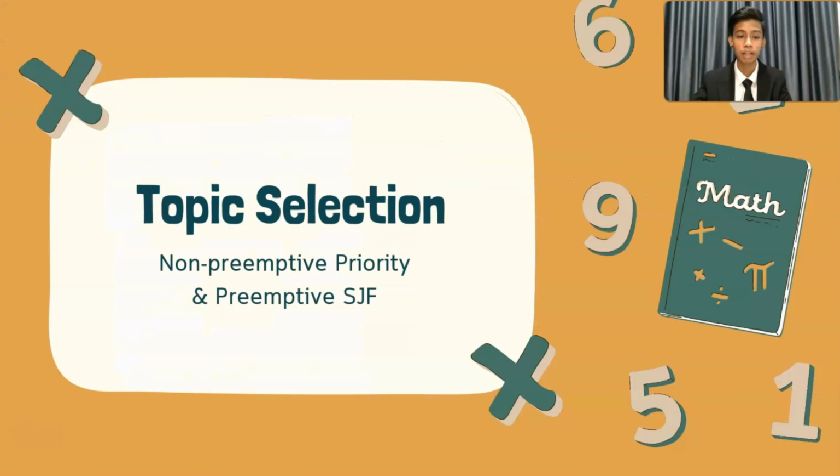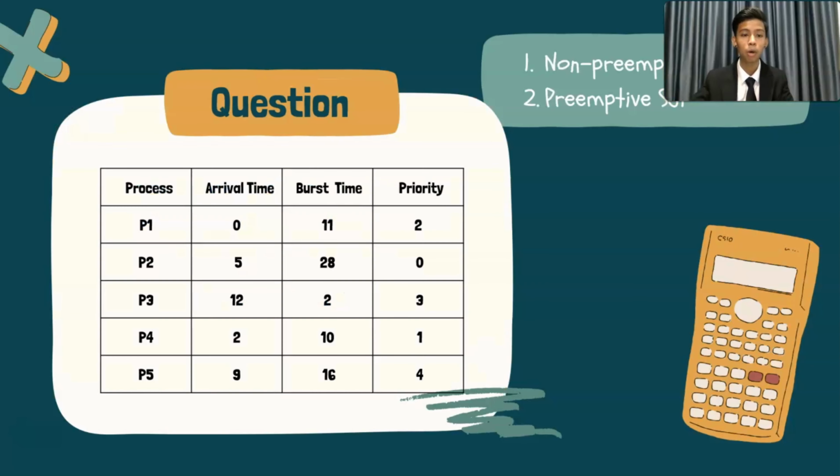Okay, so the topic we have selected for today is non-preemptive priority and preemptive SJF. So, our question for non-preemptive priority and preemptive SJF is this, whereby we have five processes, whereby the